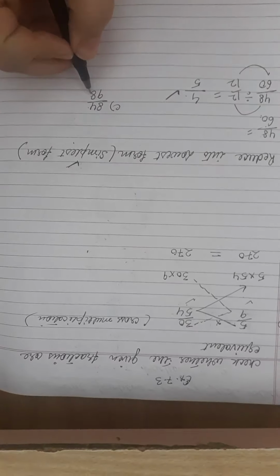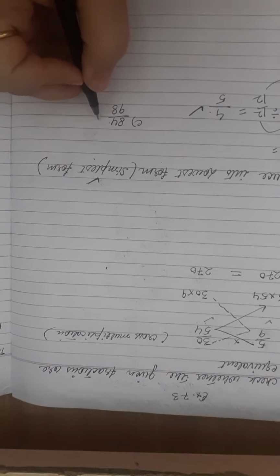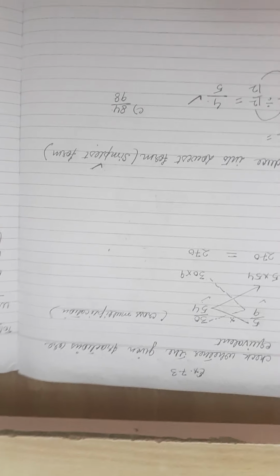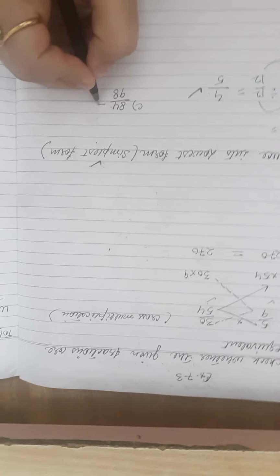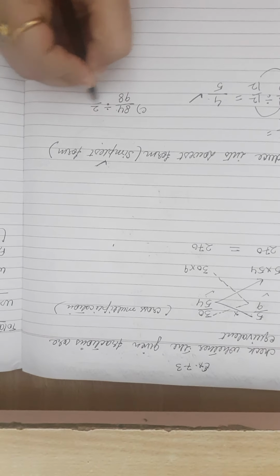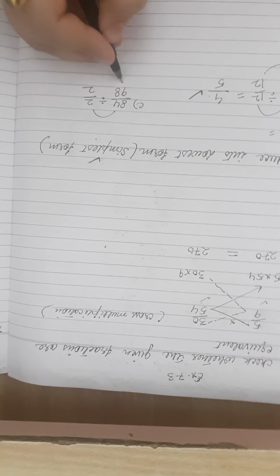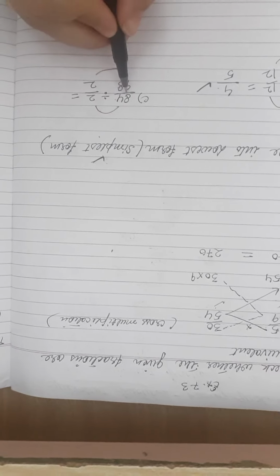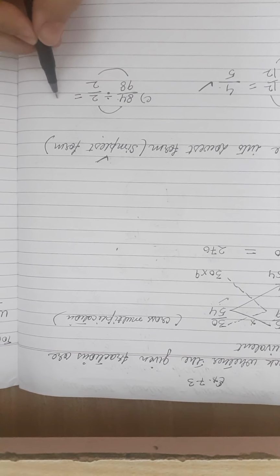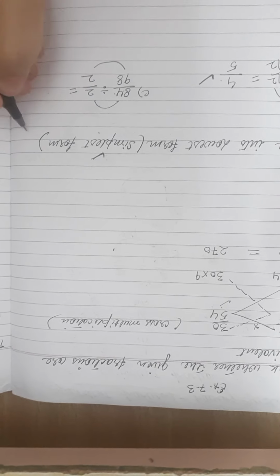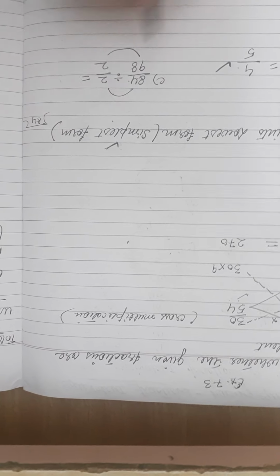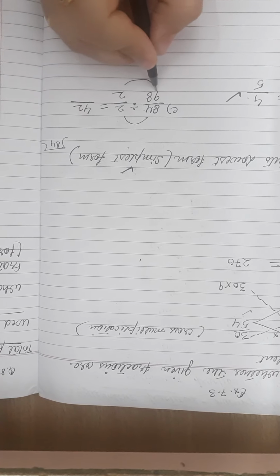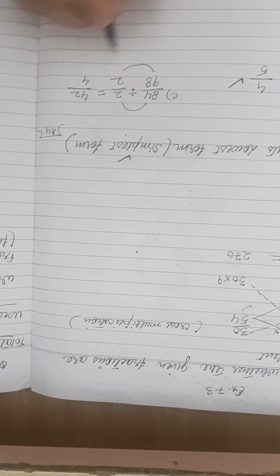84 by 98. Suppose you are dividing it by, again, both the numbers, you have to check in which table both the numbers are coming. So first, if you want to do it by 2, divide both the numerator and denominator by 2. 84 divided by 2. If you are comfortable getting the division quotient here, then it would be okay. Otherwise, you can show the division in rough. 84 divided by 2 will give you 42. 98 divided by 2 will give you